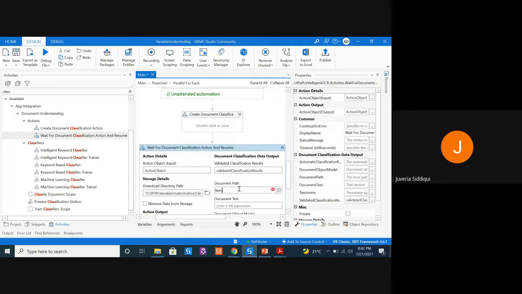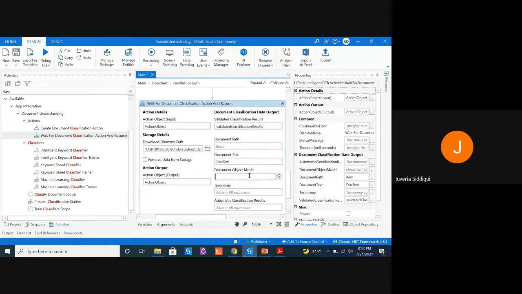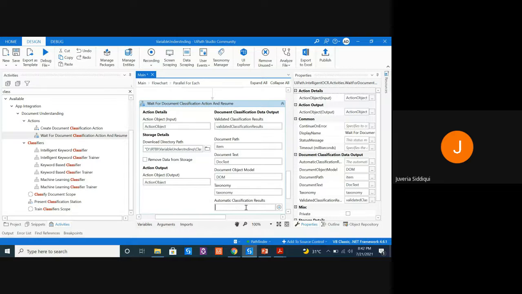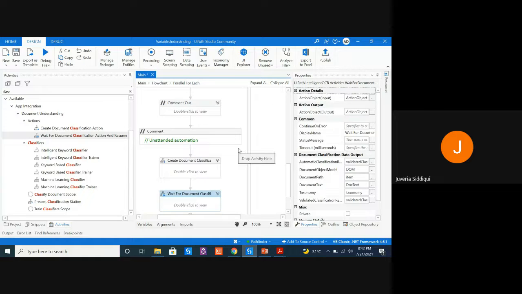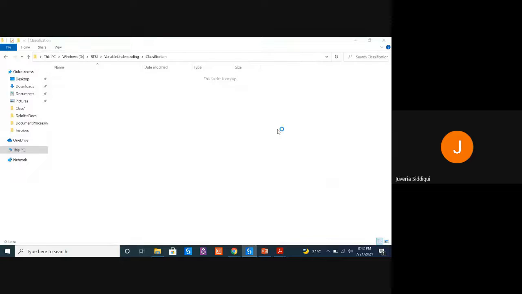Document path. While you're practicing Document Understanding, a few important points to remember are your variables and the variable scope. Avoid creating a lot of variables. That's it. Now let's use Action Center for the same set of things that we did before. I'm going to run this very quickly and show you something very interesting.